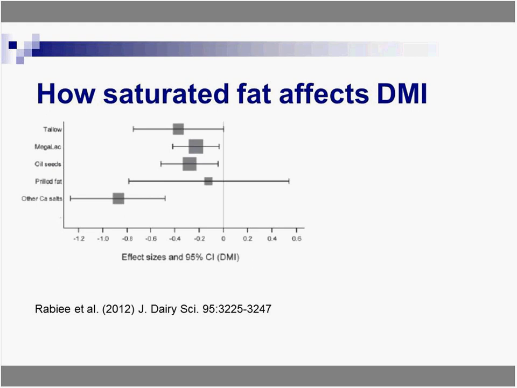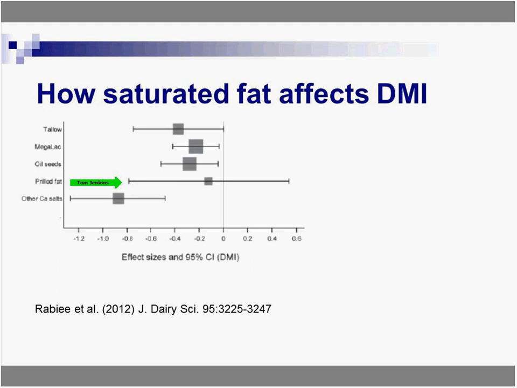And it's broken down by publication into 5 fat sources: calcium salts, megalite, oilseed, krill fat, and other fats. Now, the square indicates the average change in the data. The size of the square indicates the number of observations that went into it. The bigger the square, the more observations. The line through the square indicates the range. So from this,